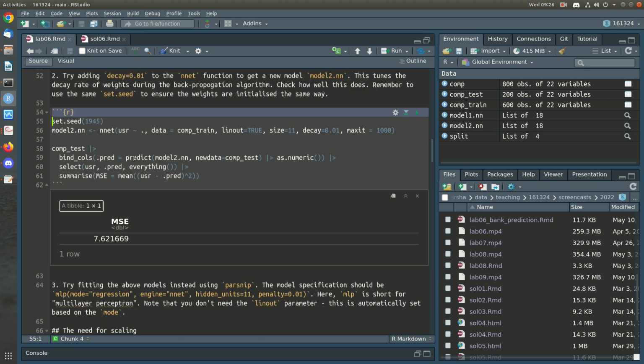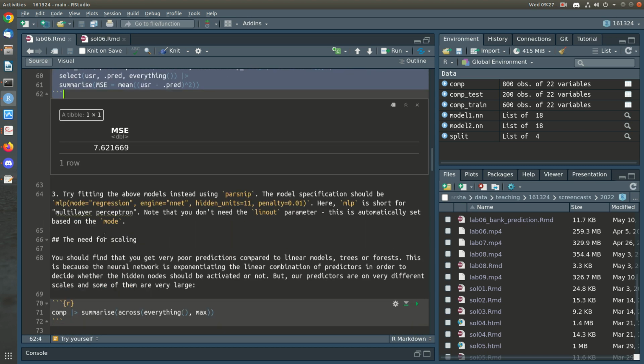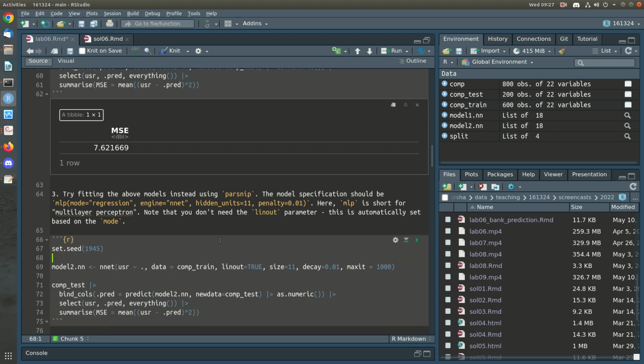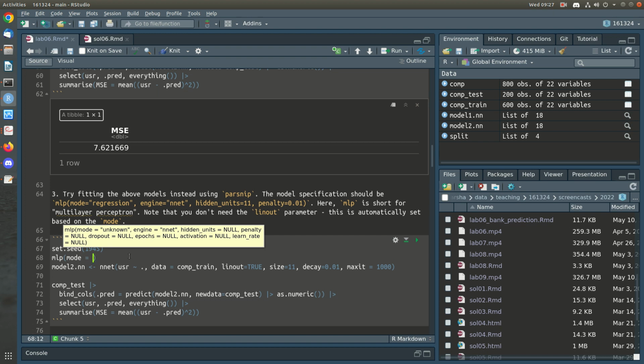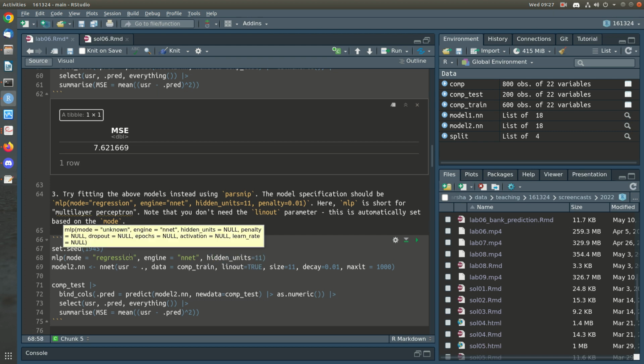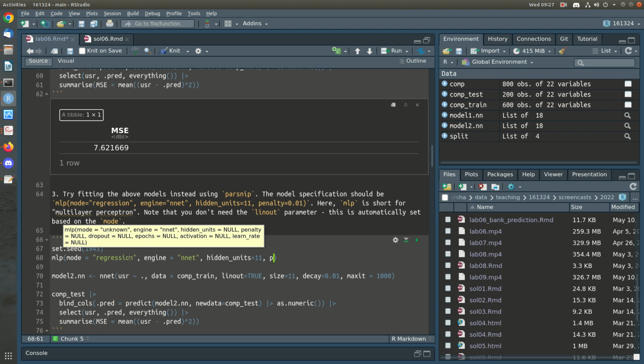So now we're going to fit the same model using Parsnip. So you remember we covered the tidy models framework last time. And so we're going to use MLP, so multi-layer perceptron. We're going to be using it in regression mode, and the engine is going to be nnet, so that's the package that we're fitting it with. And we're going to be using 11 hidden units. And our decay term is now penalty. So you remember Parsnip,